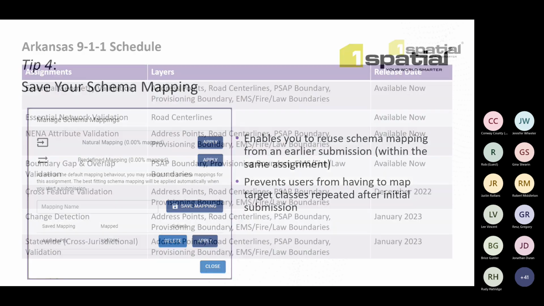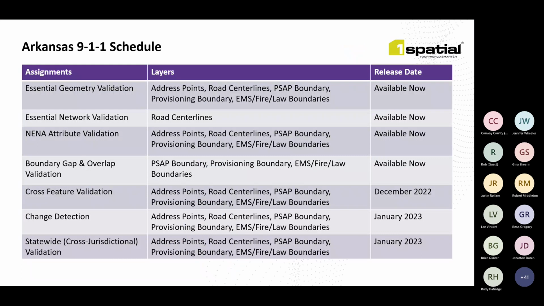Finally, I do want to point out the schedule that we have for Arkansas 911. You should see assignments for essential geometry validations, essential network validations for road center lines, NINA attribute validations, and boundary gap and overlap. So identifying gaps and overlaps between boundary polygons, boundary areas. Coming up next month, we have cross feature validations that we will begin to release, as well as in the